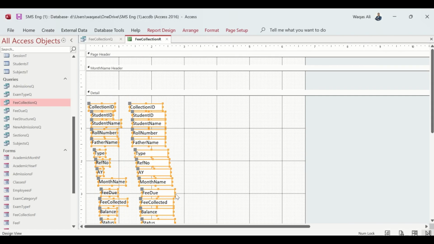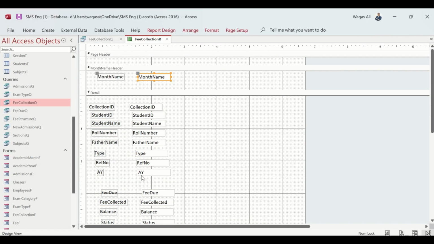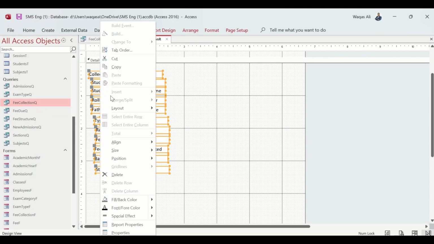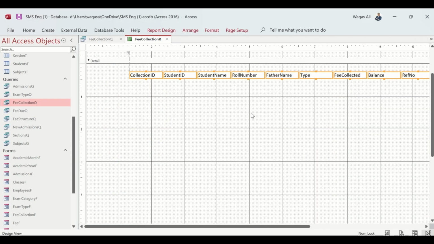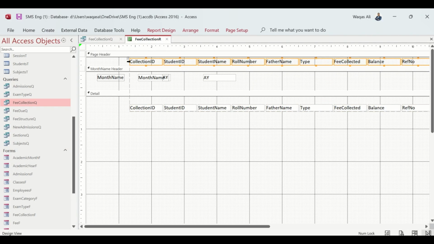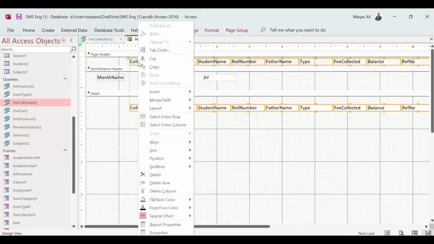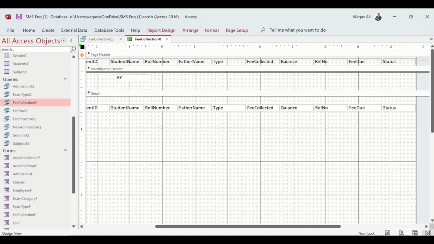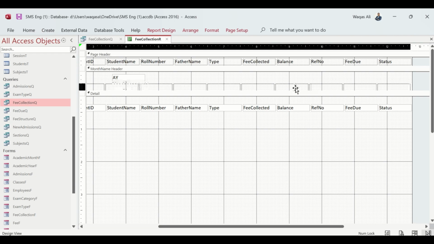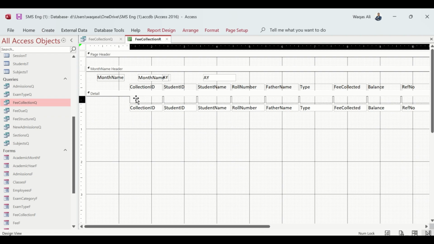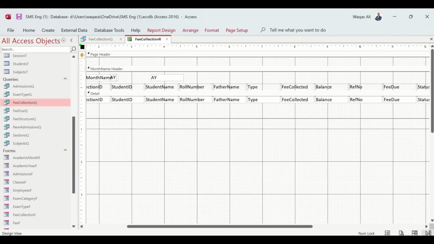And if I come here, month name, I'll bring this here, and academic year, I'll bring this information here, and the rest I will keep. So for example, I'll go to Layout, Tabular, and here we go. So I'm going to select everything and remove the layout, and I will select the header again. I'll bring it down here